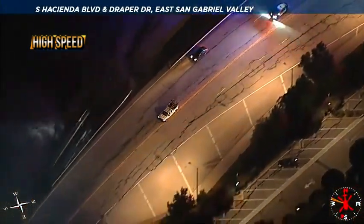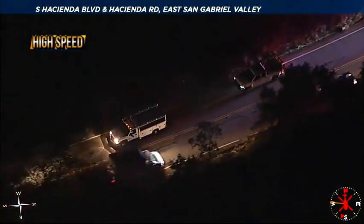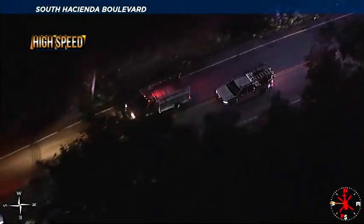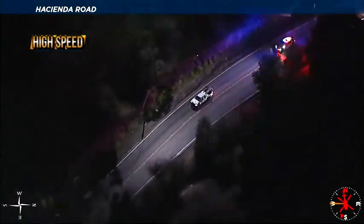It's exceptionally dangerous, but you know what? We've seen situations where desperate times call for desperate measures. I think the bigger factor is the fact that there's so many innocent people around him. If they have a straightaway, and obviously they can't do it at like 60 miles per hour, but it's a heavy truck, by the way, so it wouldn't be the easiest pit in the world. But in any event, he's threading the needle, one lane going, one lane coming, southbound Hacienda Road, cars pulling over,